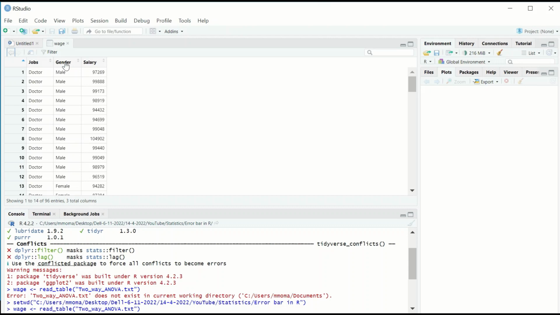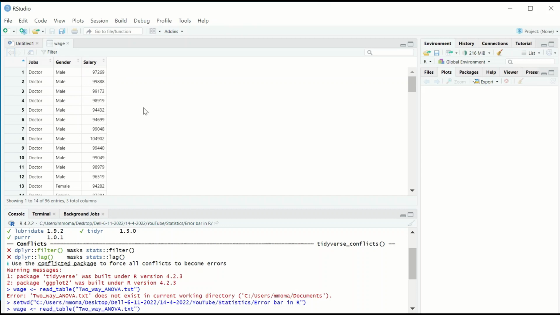And gender is also a categorical variable that has 2 levels in it, so it is a dichotomous variable. It has male or female. And the third variable is the salary, which is the wage earned by each individual annually in pounds. So here we have 2 variables that are categorical or 2 factors and a continuous or scale variable, which